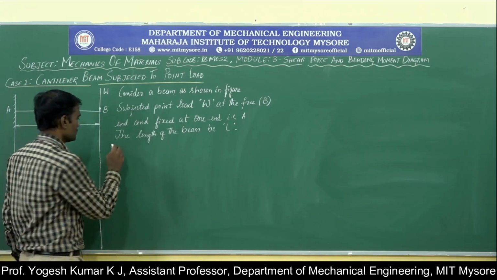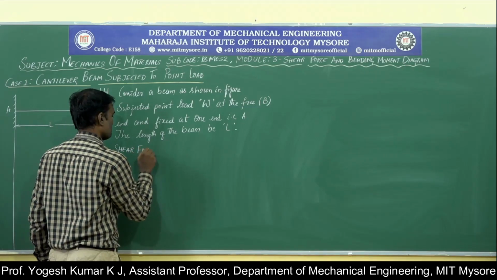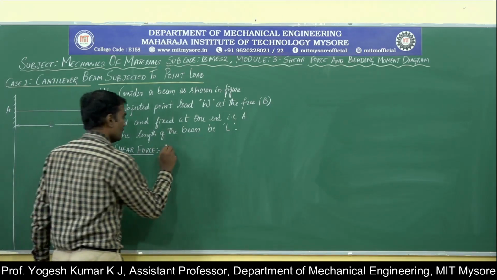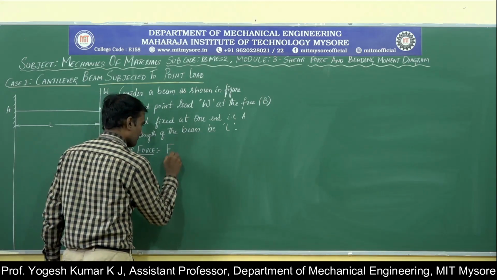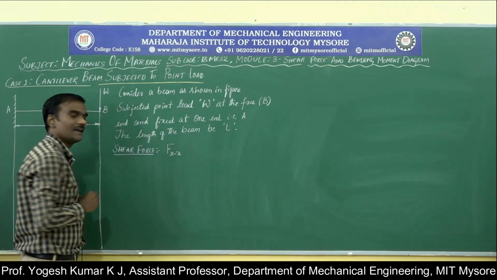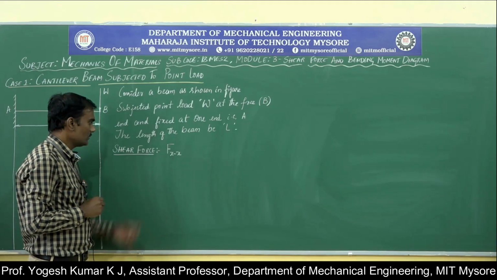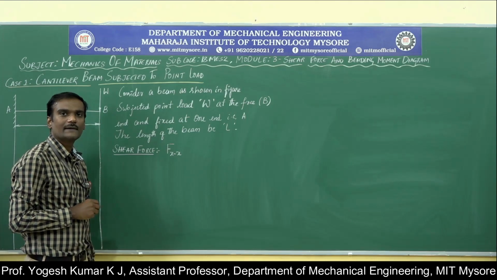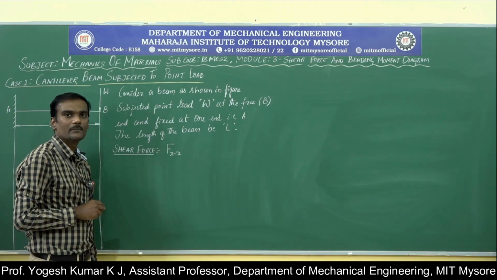Okay, so we will start with the shear force. I use the notation F to represent the shear force, and we will call it Fxx. We will come to know what xx is further on. To determine the shear force, we should recall the sign conventions that have to be followed to find the shear force values produced on the beam.